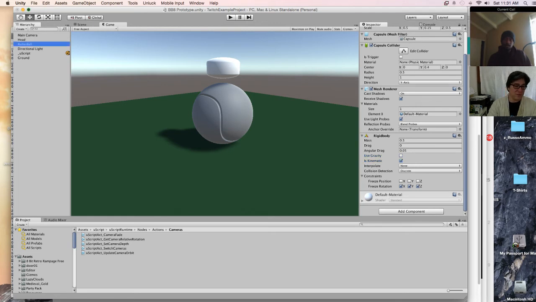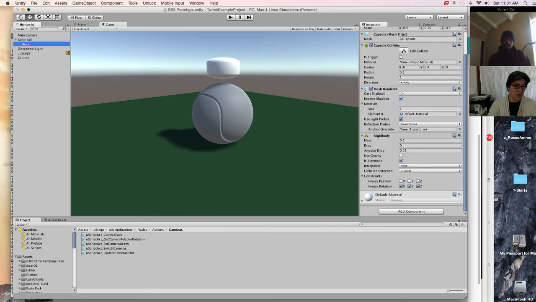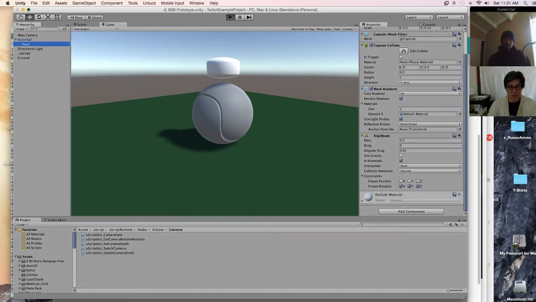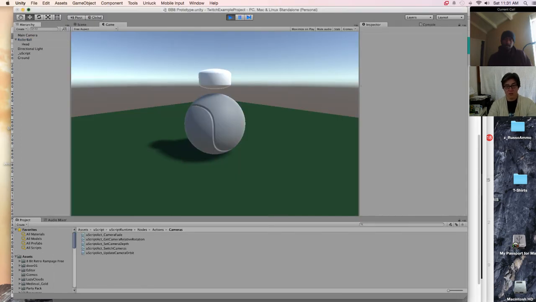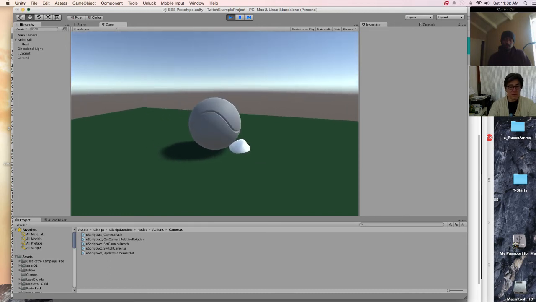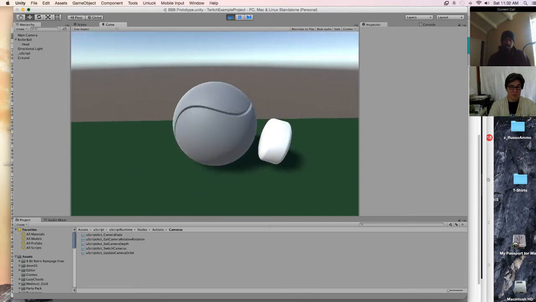Well, actually, you want to watch this? This is actually going to work pretty nicely. So the head won't fall because I'm not using gravity and it's kinematic, but he should stay attached to the roller ball. But it's attached to the Y, right? So he's doing his thing. Well, that's not so bad.